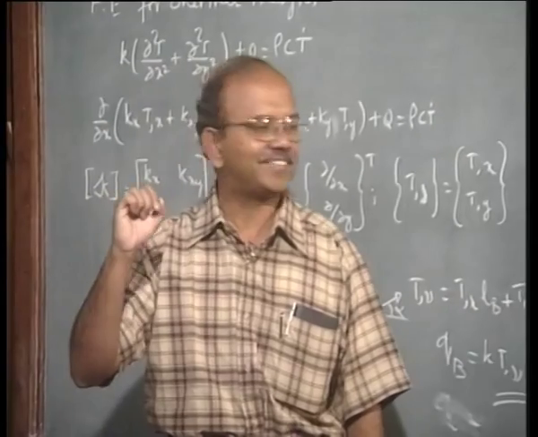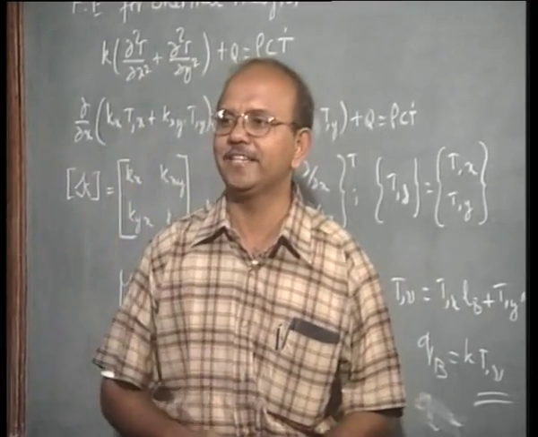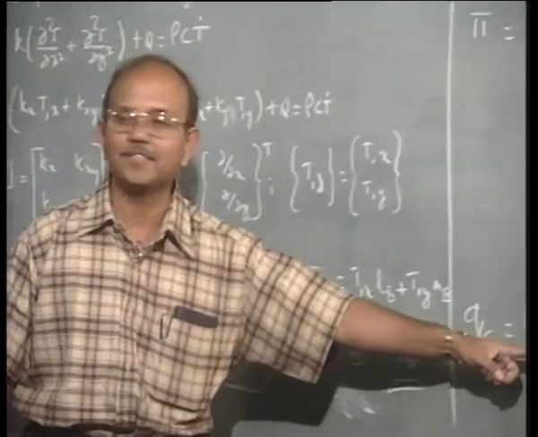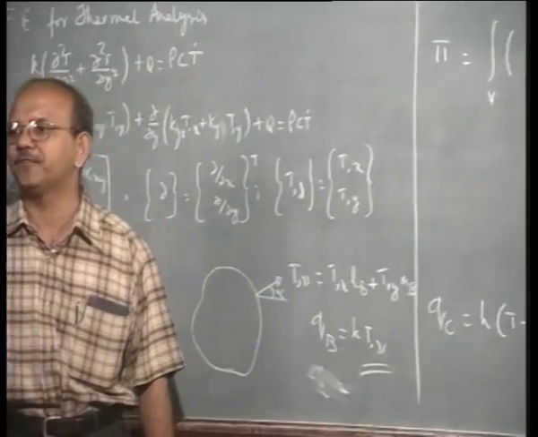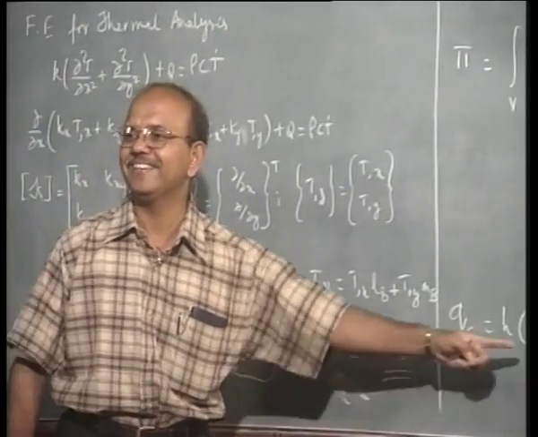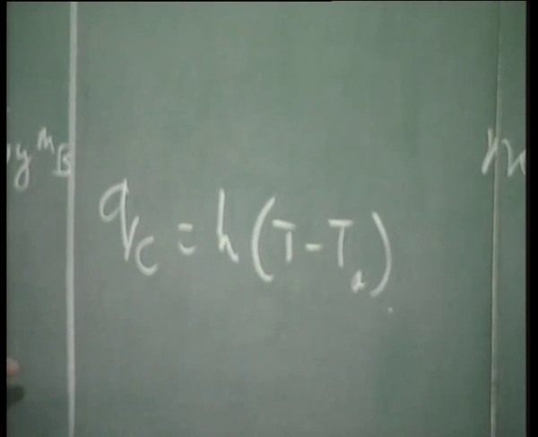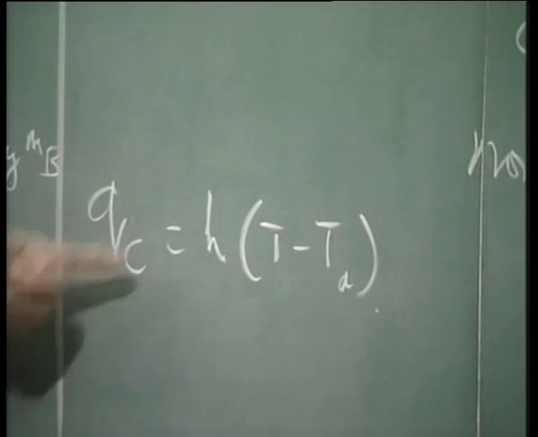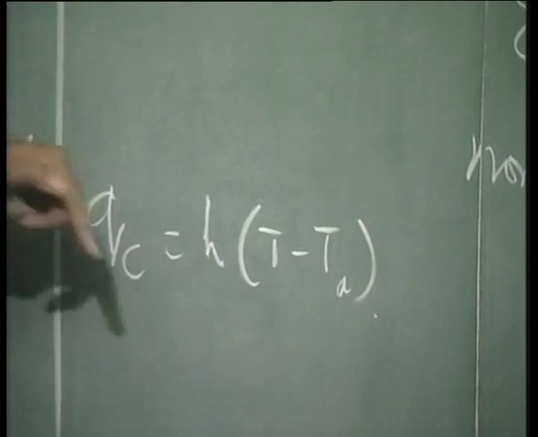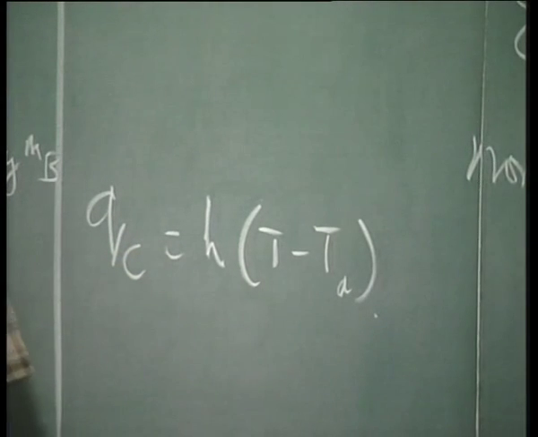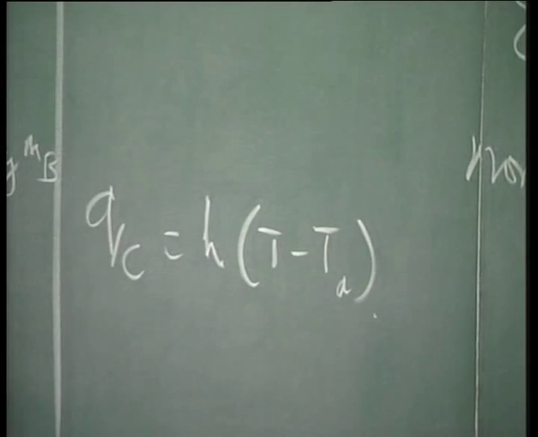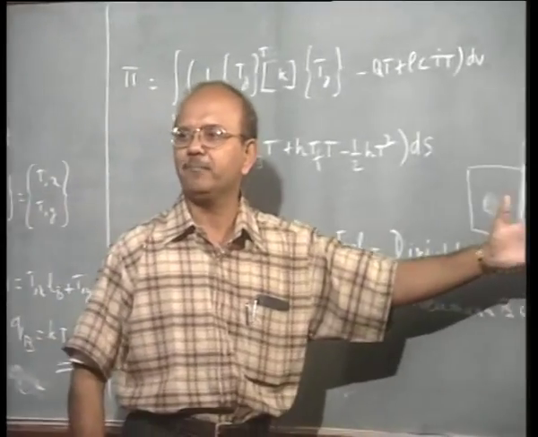How do you find out? Now you are saying use this equation to find the surface temperature. How do I find the surface temperature by using this equation? See, the equation can go only from right to left. It is not easy to make it go from left to right. Knowing QC you can get T, but QC is what I can get knowing T. If at all I know T, my problem is solved.